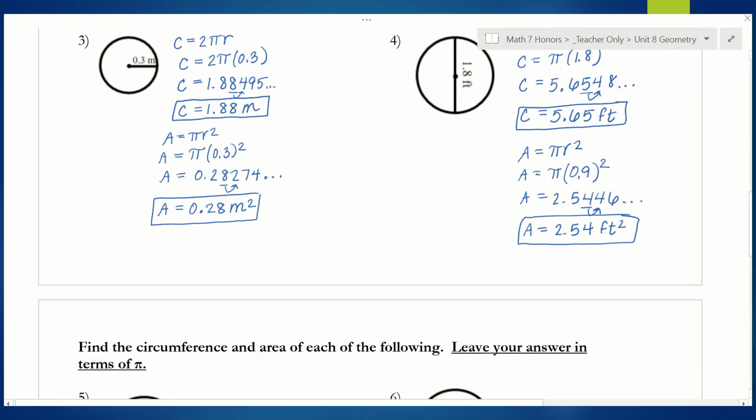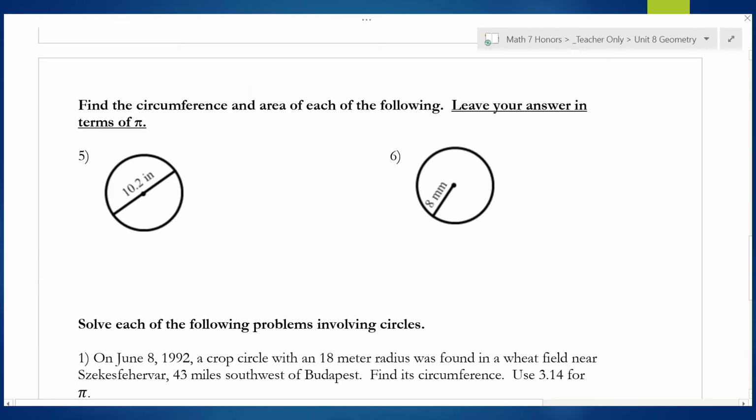Okay, so we have one more way to do circumference and area, and this I think is going to be your favorite. If you look, the directions now say to leave your answer in terms of pi. Anytime you hear something say in terms of, what that means is that in your answer, you should have that thing. So a lot of times in algebra, you'll see something that says leave your answer in terms of x, which just means there should be an x in your answer. So when it says leave it in terms of pi, it means you should literally have a pi in your